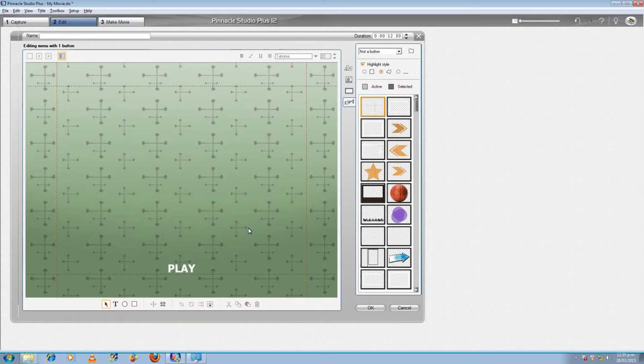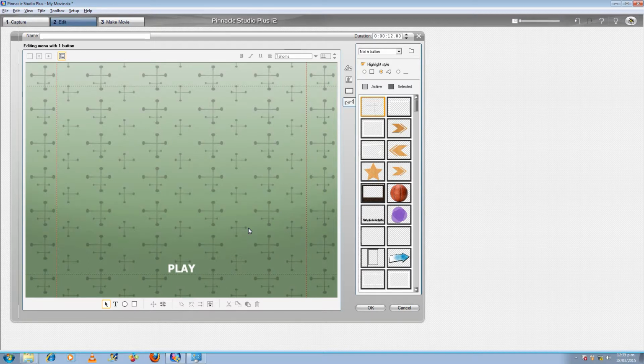Okay, so now I'm going to talk a little bit about the background. Pinnacle Studio allows you to import or use backgrounds that came with the program. I would recommend that you do not do that. The reason is that the backgrounds are usually JPEGs, and when it makes the video into a DVD format, it will re-render the JPEG, and what you'll end up with is a dithered background. So what I would suggest you do for the moment is make the background simply transparent, and then we will add our own bitmap image, which is not compressed,